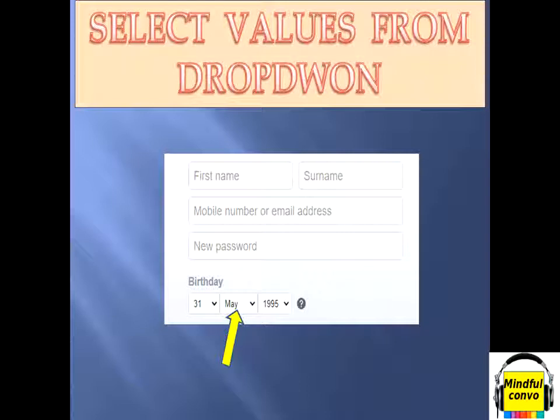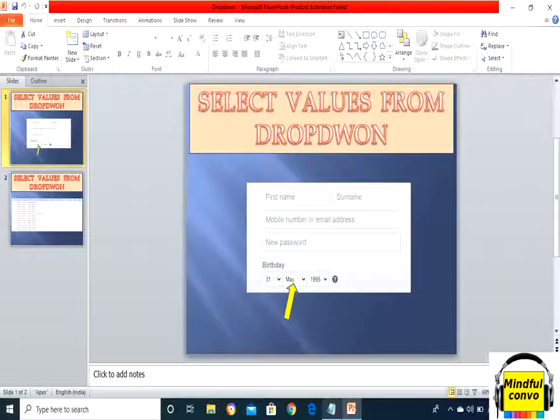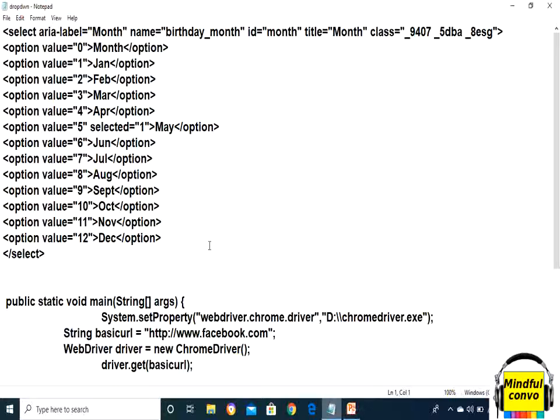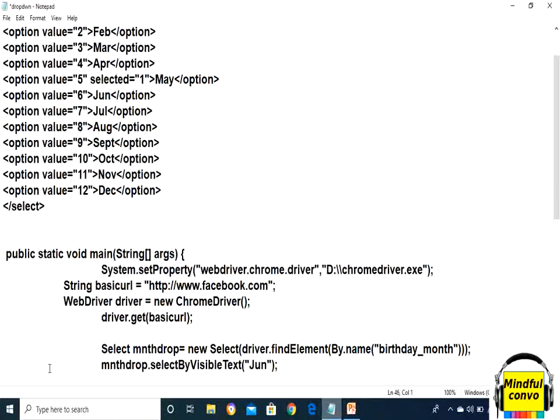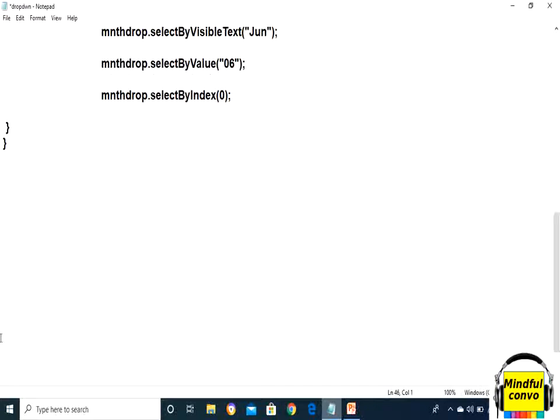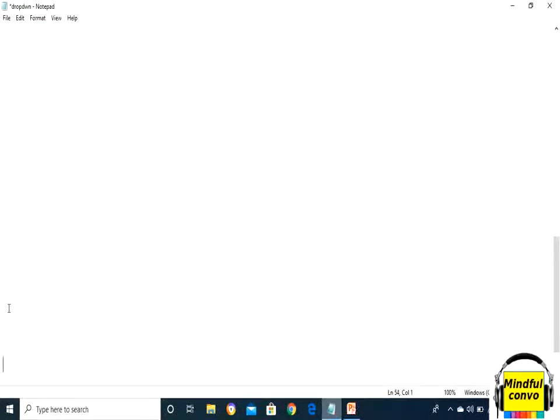Selenium provides us a class called Select, which has various methods, and the first method is selectByVisibleText. We will discuss these things after we discuss the methods.